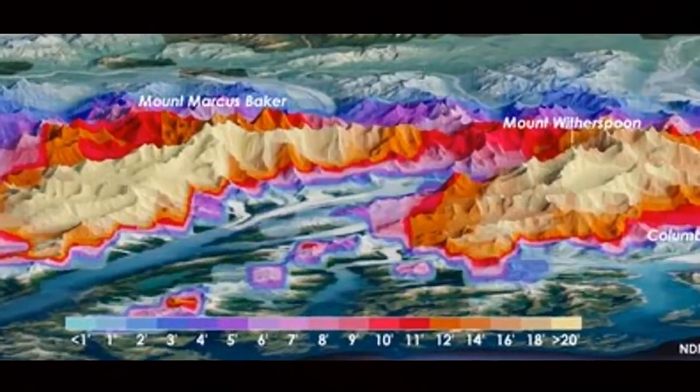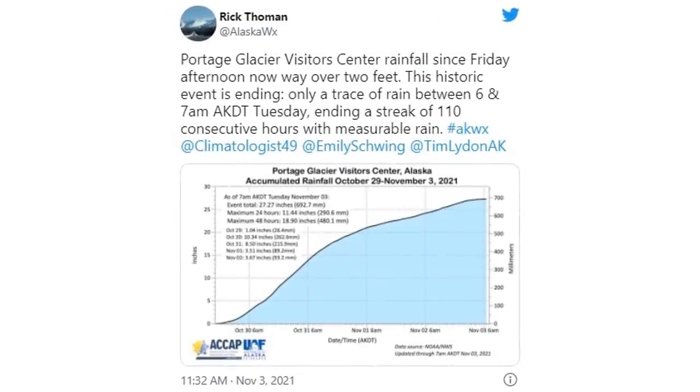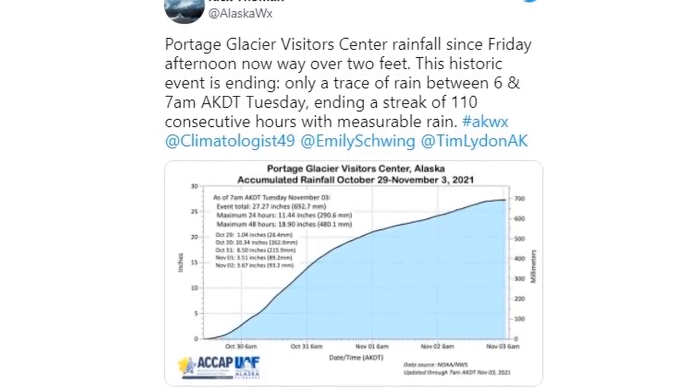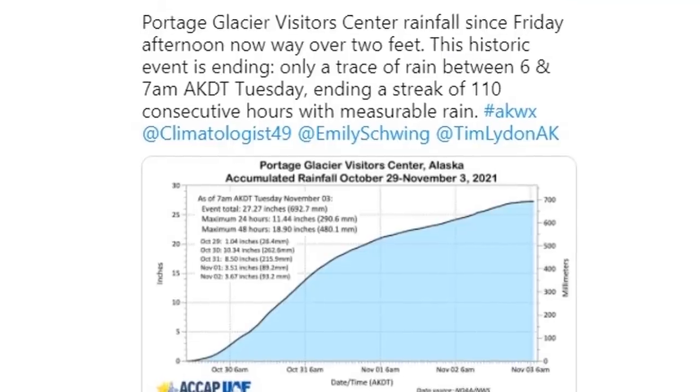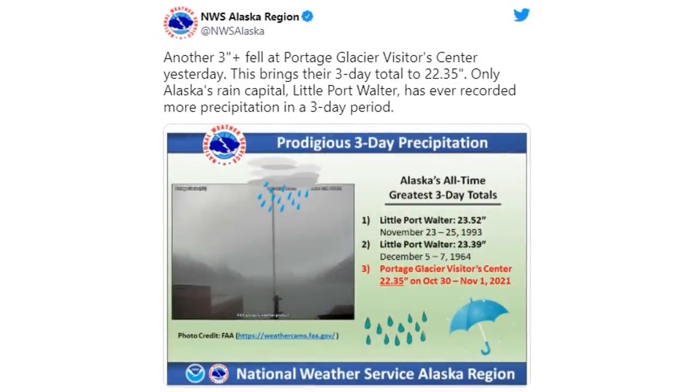But at the same time, you obviously have to have precipitation or some type of rainfall to create the snowfall. So Portage Glacier Visitor Center, all-time record rains with 110 straight hours of measurable rain. And looking back through Alaska's all-time greatest 3-day rain totals, the top 3 were previously set by Little Port Walter, the rainiest spot in Alaska, but now this was eclipsed by the Portage Glacier event,